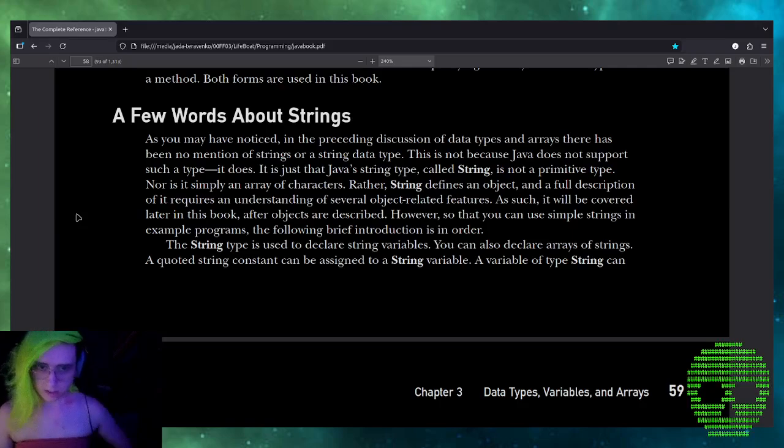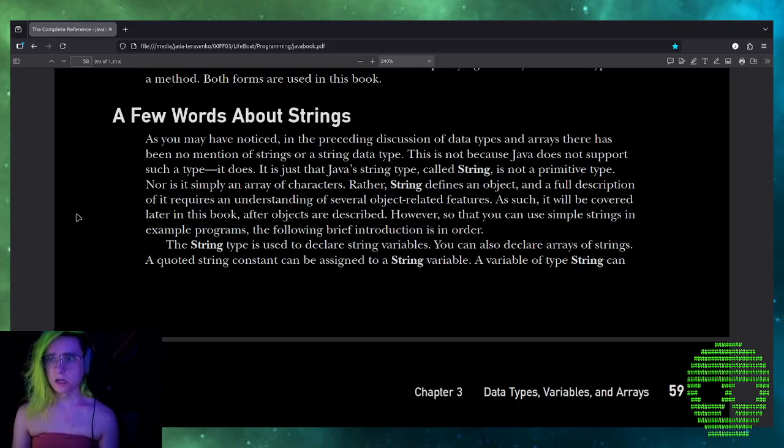It does. It is just that Java's string type, called String, is not a primitive type, nor is it simply an array of characters. Rather, String defines an object, and a full description of it requires an understanding of several